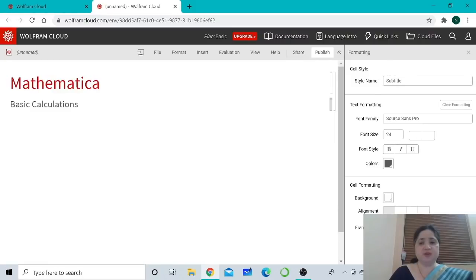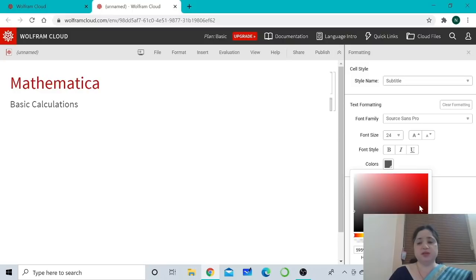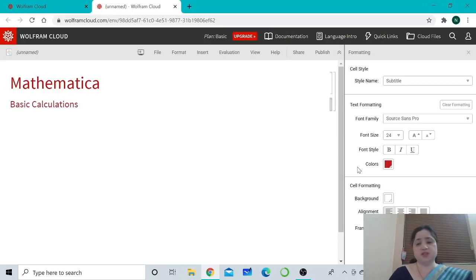You will see a formatting panel on the right, and you can change the cell style, which we have chosen subtitle, and you can do the text formatting. Font family is there, font size, font style, color. Suppose I want to make it red color, so I have changed the color of basic calculation to be red,